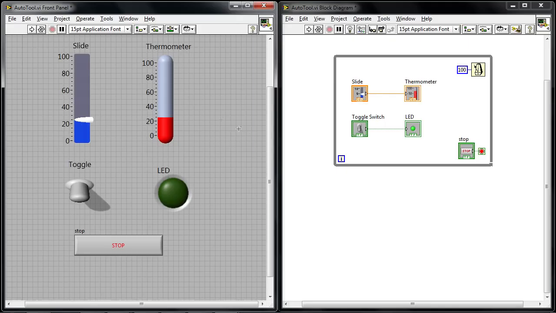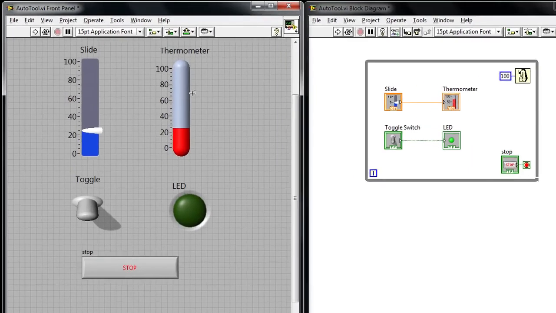Hi, my name is Vineet and I'm going to show you how the Tools palette works in LabVIEW. If you've used LabVIEW before, you've noticed that the mouse will often change its shape and functionality depending on what the mouse is hovering over. And in fact, if we look at this LabVIEW program that I've got here, I've got a basic thermometer display,